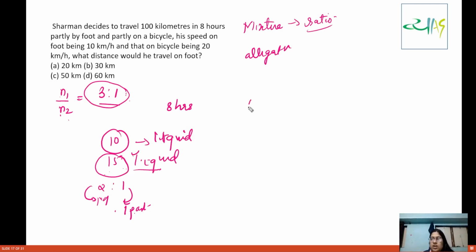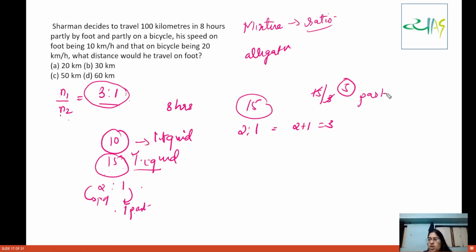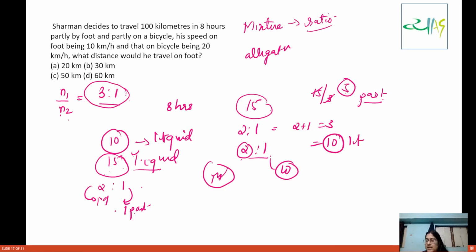We have this 15 liters of liquid, and their ratio is 2 is to 1. If you have to find how much milk and how much water there is, you will do 2 plus 1, 3, and divide 15 by 3. So in total you have 5 parts of this liquid, with 2 parts of milk and 1 part of water each. So now you can take from here that you have 10 liters of milk and